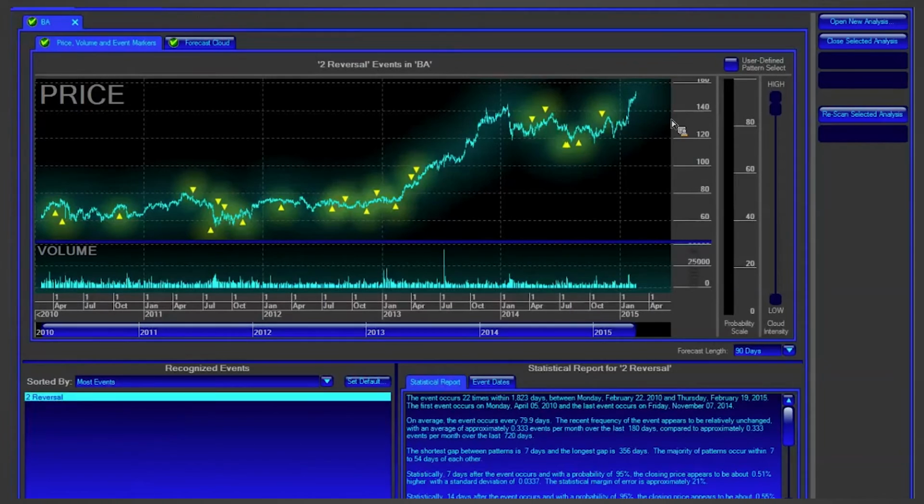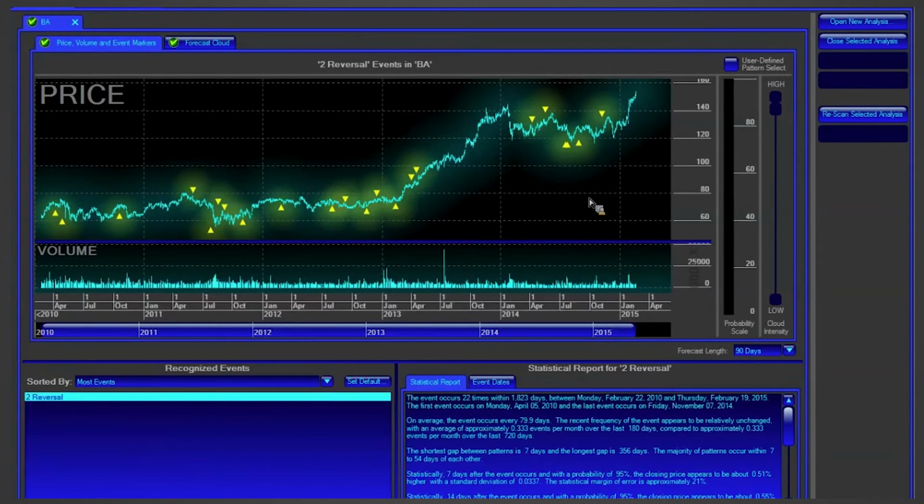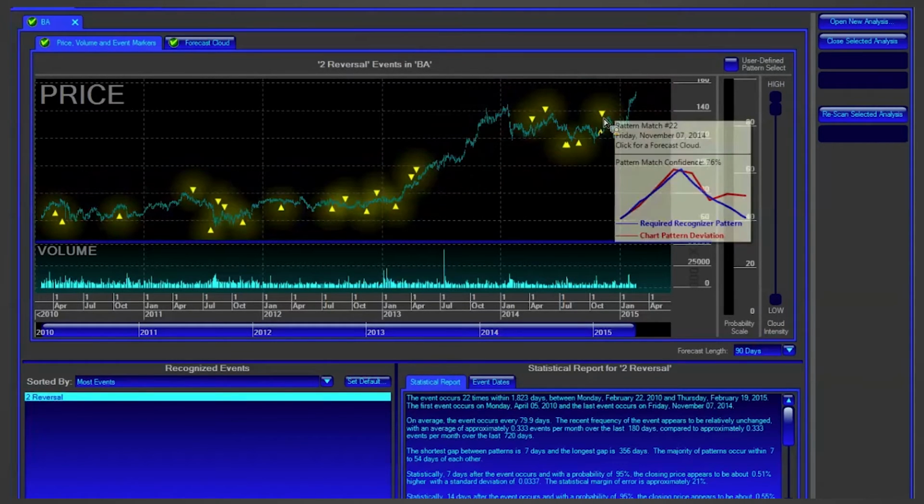Okay. And for those of you who aren't familiar with the forecaster, I just want to mention briefly what this is. This takes 10 different statistical analytic models, and it's going to do some probability forecasting using those models. So we have these events here. I created that reversal event, and so I'm going to go ahead,